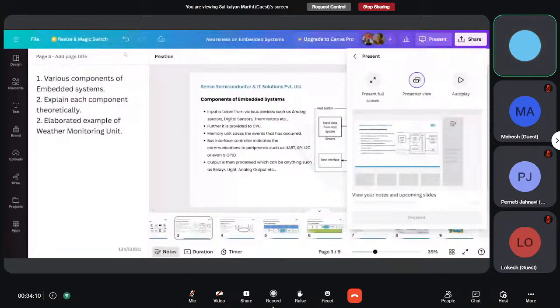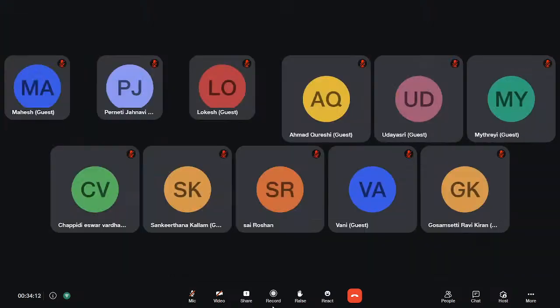So yeah, so here in the analysis only we need to identify the resources which are required for the